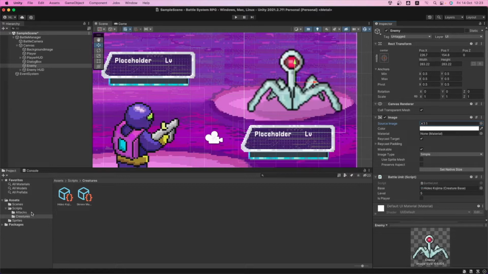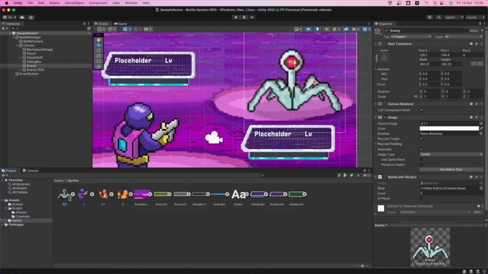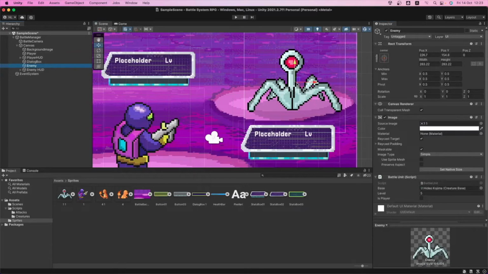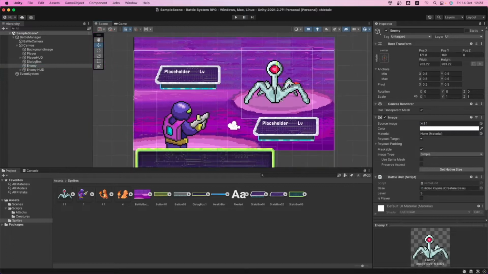Going into the main image, let's go into sprites. Let's select the image. We're gonna use 32 pixels per unit. We're gonna go into filter mode. Remember, point no filter because it's pixel art. And compression, we're gonna go into none. And we're gonna apply it, and there it is. Great. So we're gonna put it in the correct position. Let's select the enemy. Let's see if, yeah, right there.